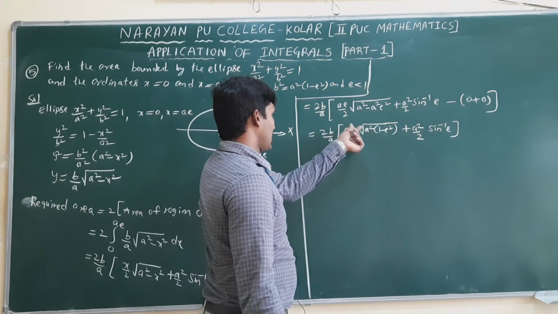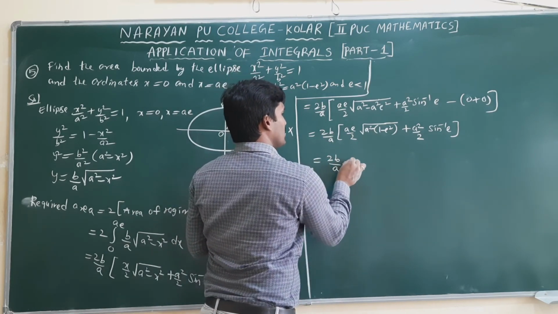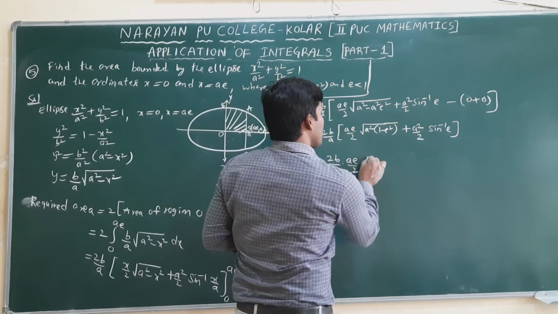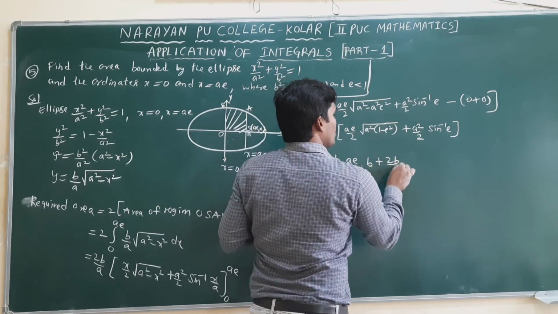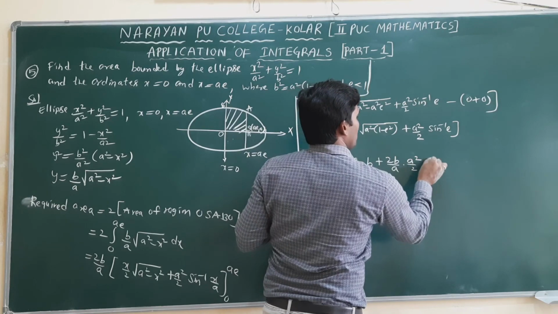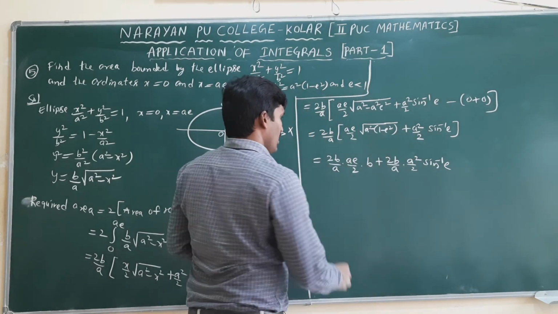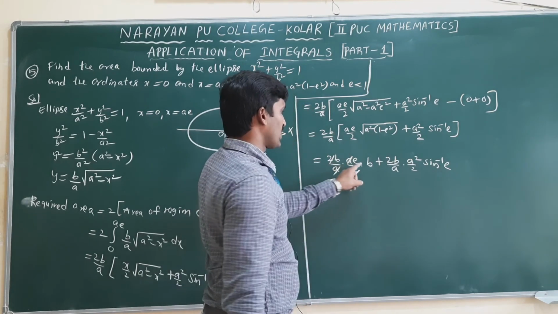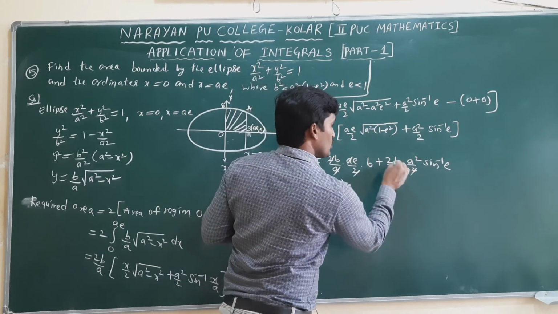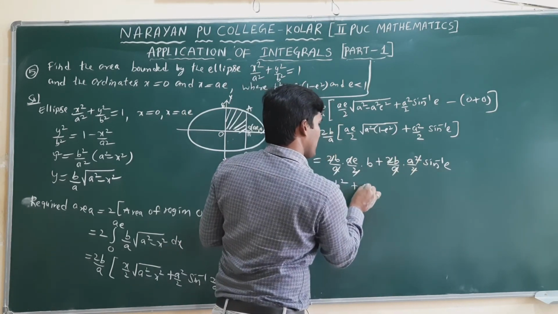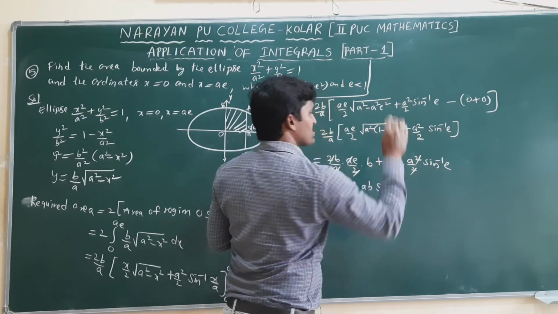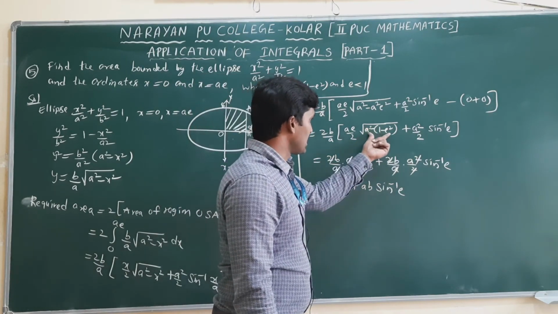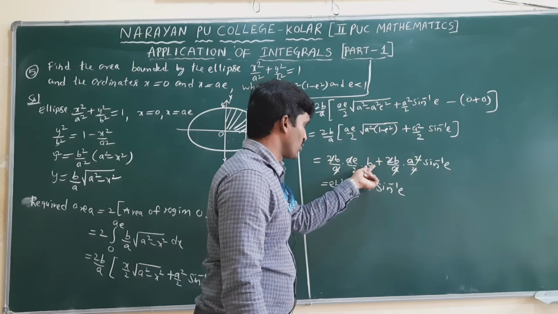Now multiply this 2b by a inside. 2b by a into AE by 2. This complete value we already know is b square. Root of b square becomes b, plus 2b by a into a square by 2 into sin inverse of E. Now here a cancels, 2 cancels. The first value is E b square, b into b square. Here 2 cancels, a cancels, plus ab into sin inverse of E. That value we don't know directly. So this is the final simplified value, and this is clearly b square; root of b square becomes b.